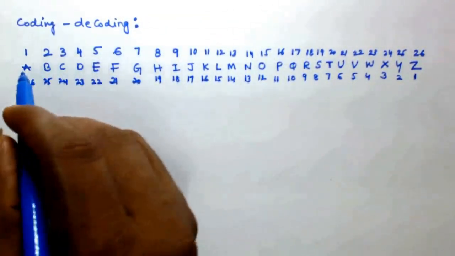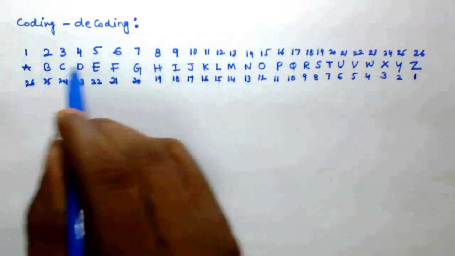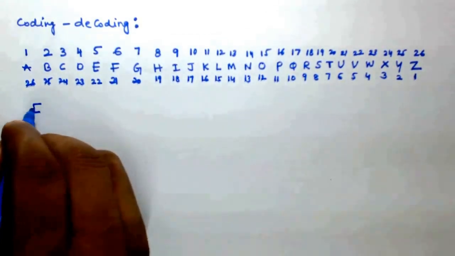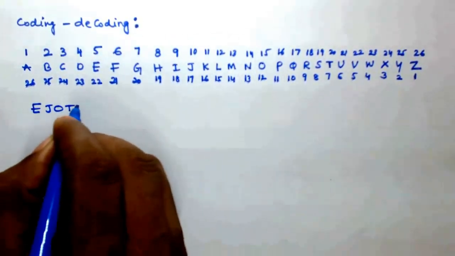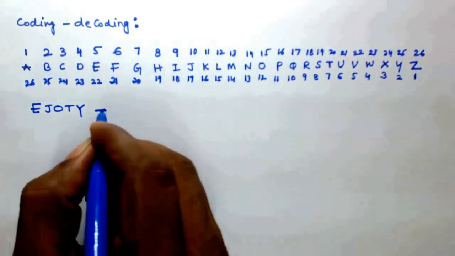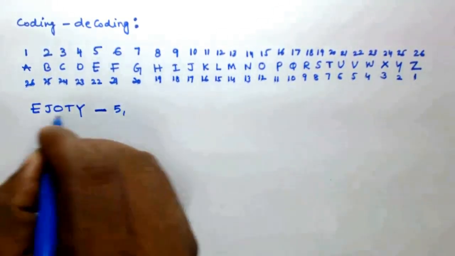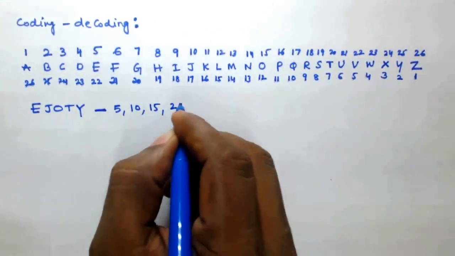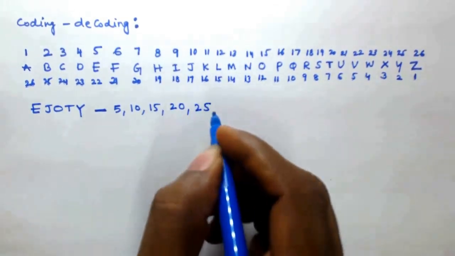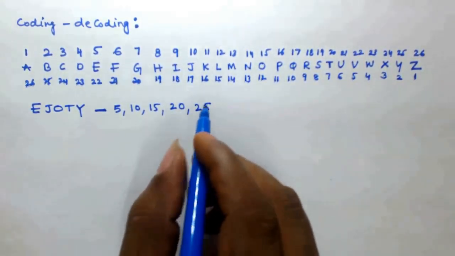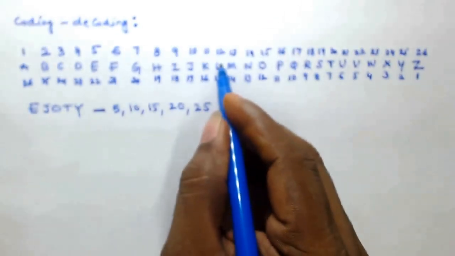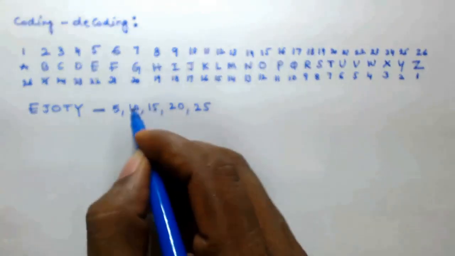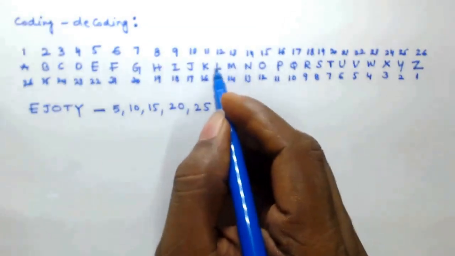Now we can remember the increasing order of the alphabetical numbers by using the EJOTY rule. EJOTY rule means E is 5 and J is 10, O is 15 and T is 20 and Y is 25. Suppose I ask to find the alphabetical order of L. We know that L is actually very near to J. So we know from the EJOTY that J is 10 and L is going to be after K.